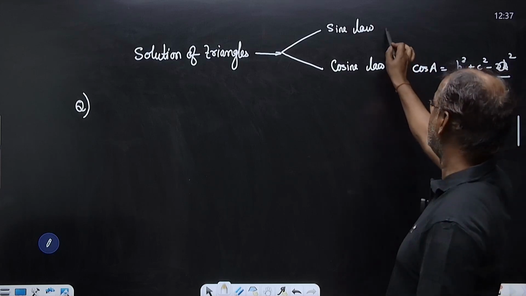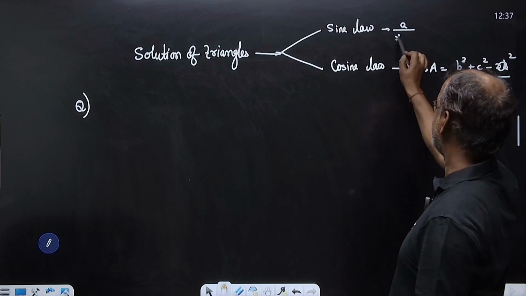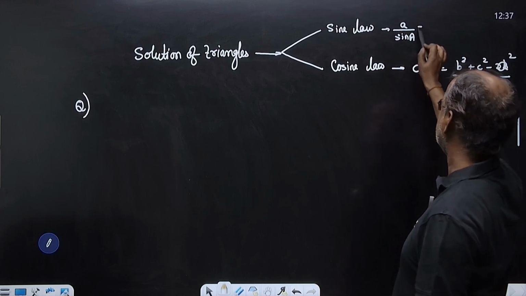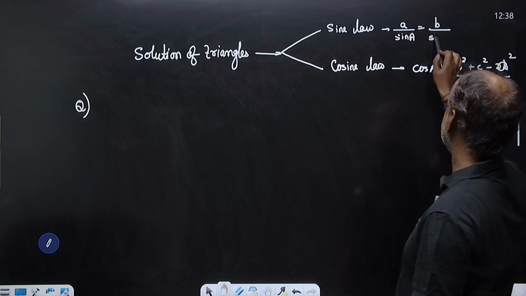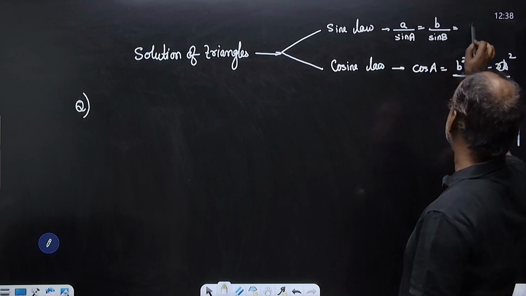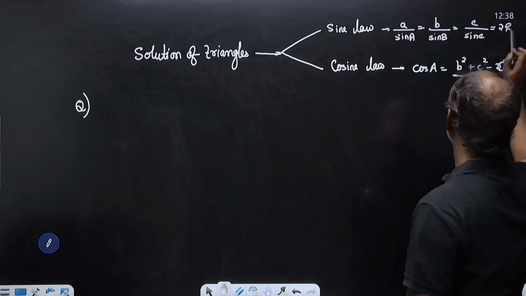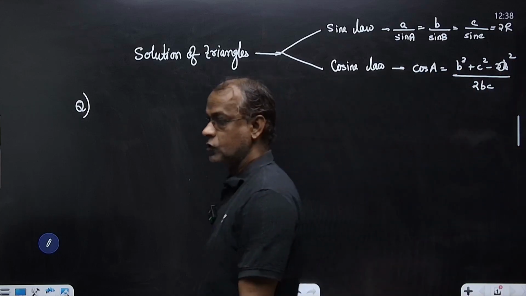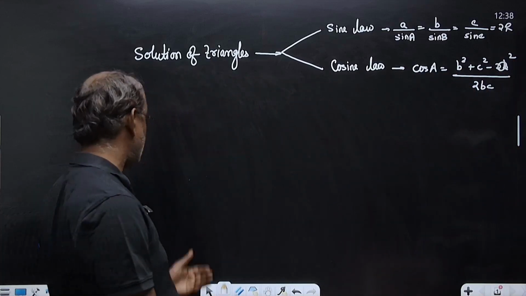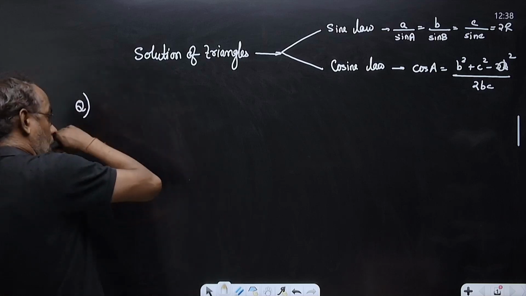Sine law: a by sine A equals 2R. In cosine law, one of the questions that we did long back